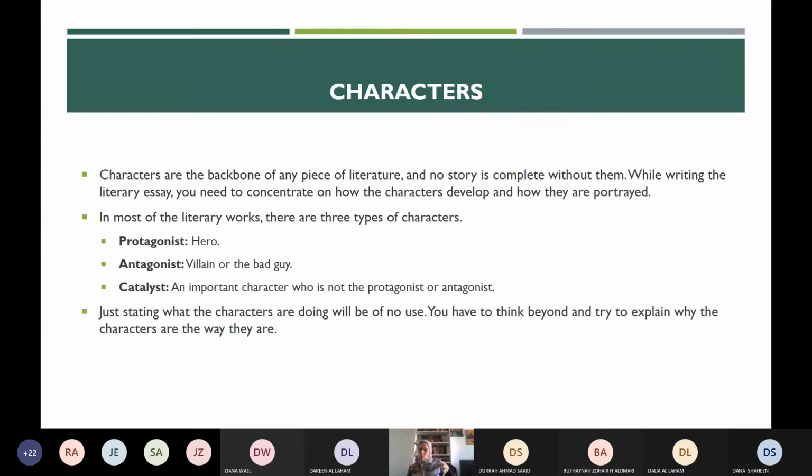We want to know how the character was presented to you. So the characterization of the character was real or not. The development of his personality was real or not. So think beyond the action of the character. Think why he acted like this, and is this realistic or not? It's called the credibility of the character. When I read a book, I believe this character can act this way, or I believe this character cannot act this way. This is credibility. You believe the character or not.